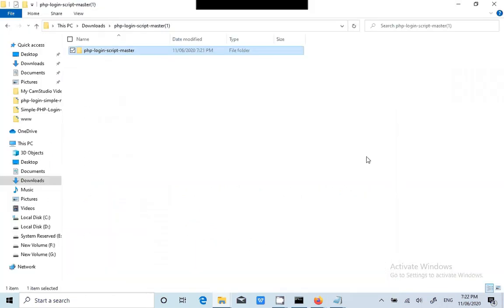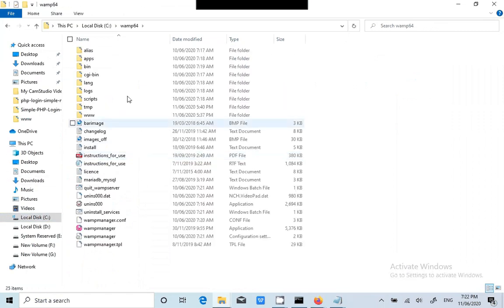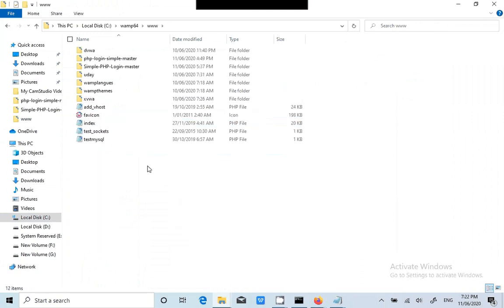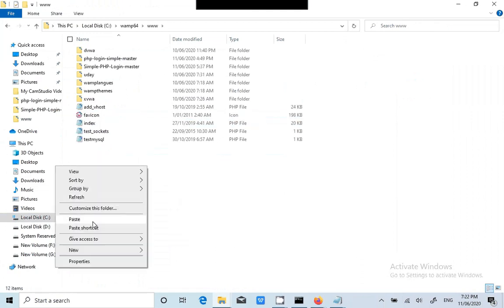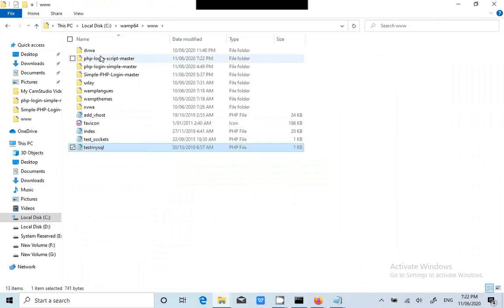We need to see whether WAMP is running or not. Yes, it's running. See, WAMP 64, www folder, pasting it here. Okay, now we'll try to browse. We have two things: script master and simple master.